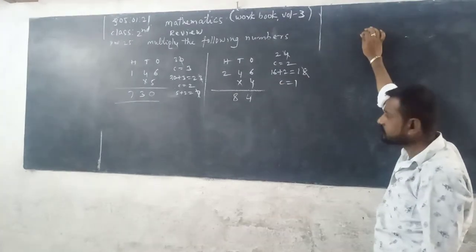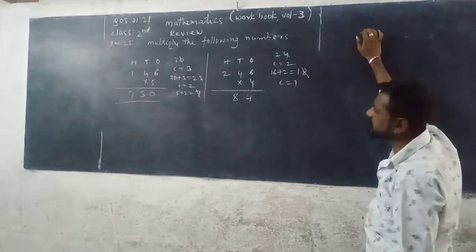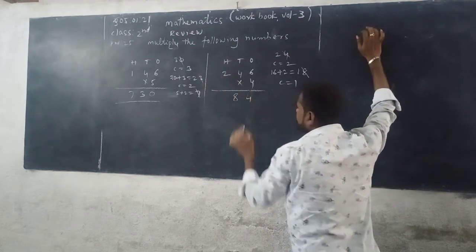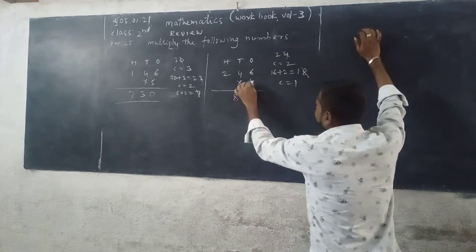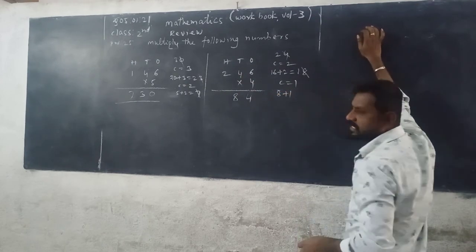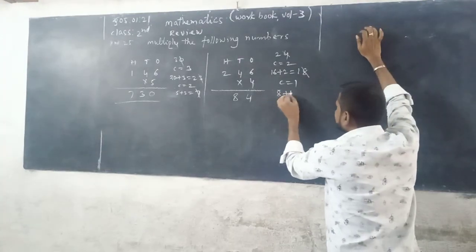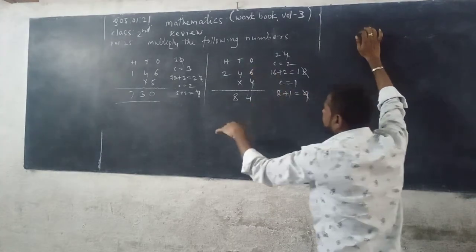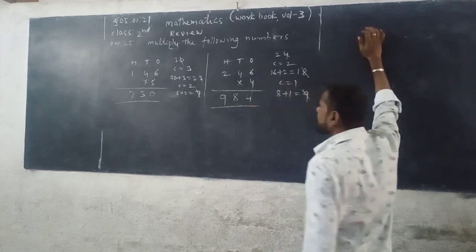Next we multiply the digits in the hundreds place. 2 with 4. You can read the 4 table. 4 2s are 8. 1 is added to 8 because 1 is the previous carry. 8 plus 1, you get 9. 9 is written down in the hundreds column of the product. So the product is equal to